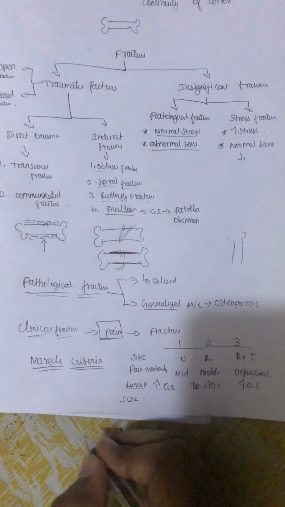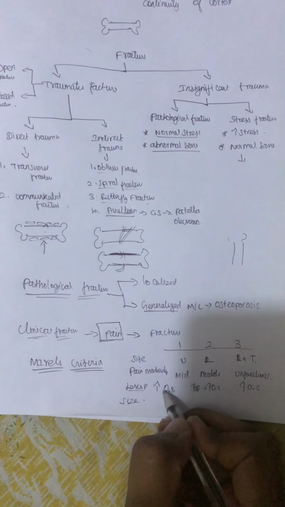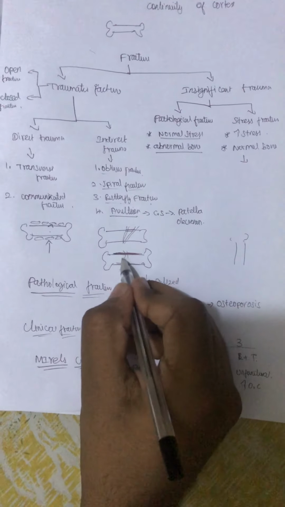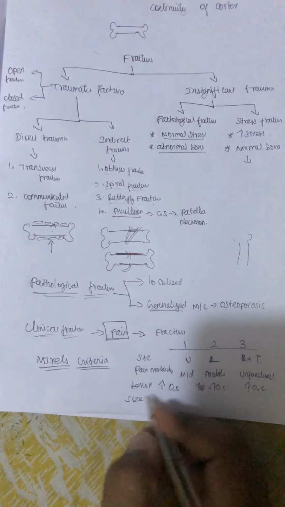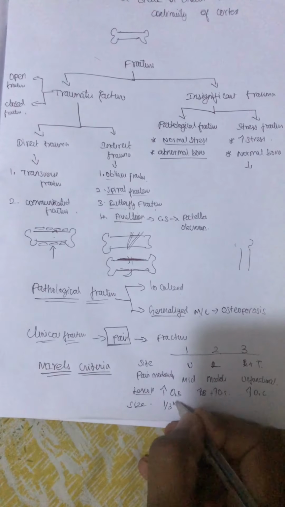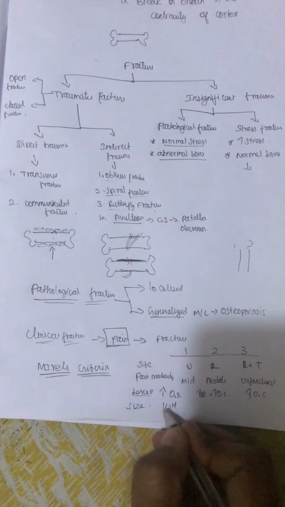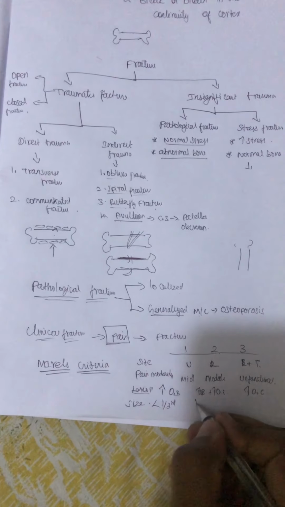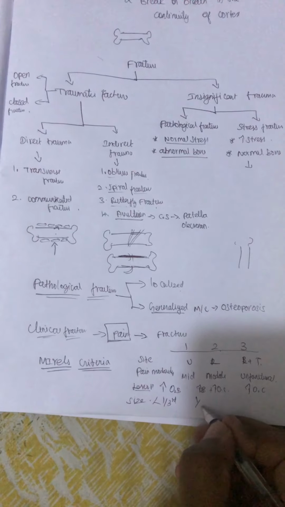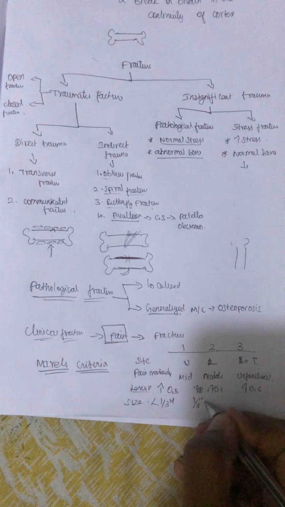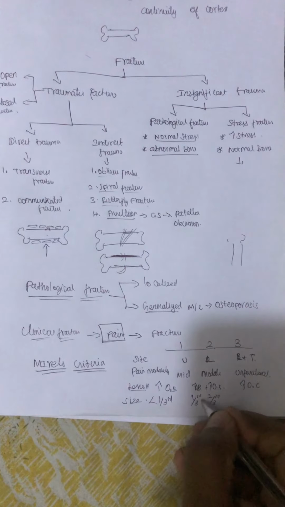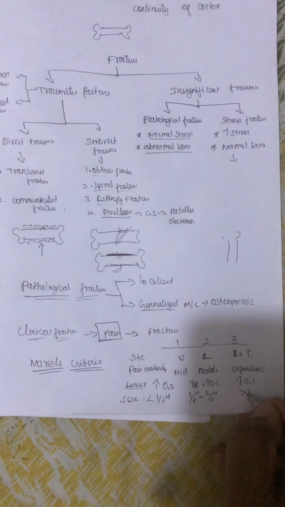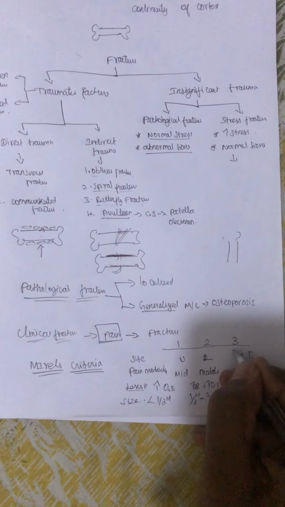Then finally, size. For example, as I said, it is a thickening of the bone. If the thickening of the bone diameter is less than 1/3 of the diameter of the bone, we will give the score of 1. If the increase or decrease in the thickness of the bone is 1/3 to 2/3 of the bone, then score 2. While if it is more than 2/3, then we will give the score of 3.